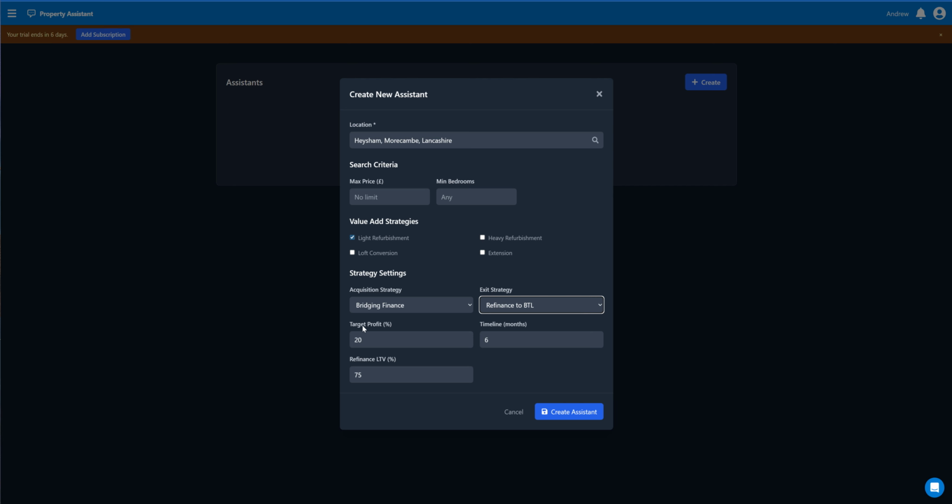You can then specify your target profit. So in this instance, I'm going to keep it at 20%. The timeline in months, so it's going to be a 6-month process before I refinance, and then the refinance amount that I'm looking at in a percentage, so 75% remortgage. So at that stage now I can click create assistant,